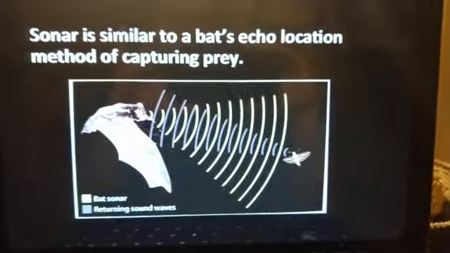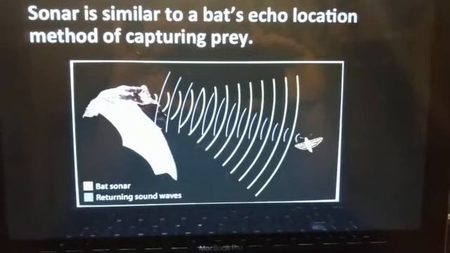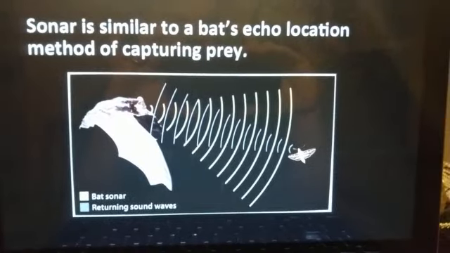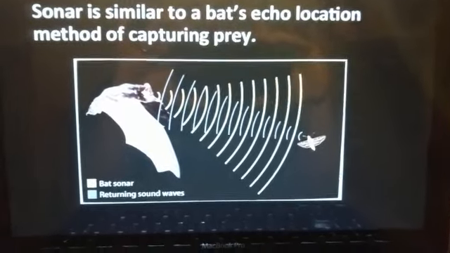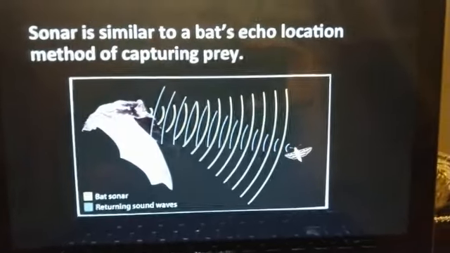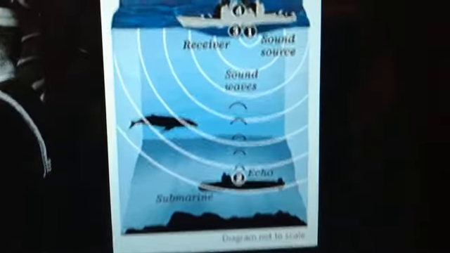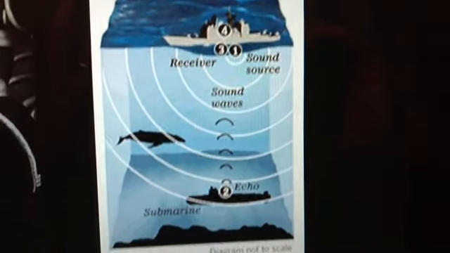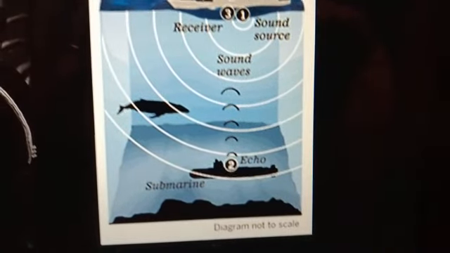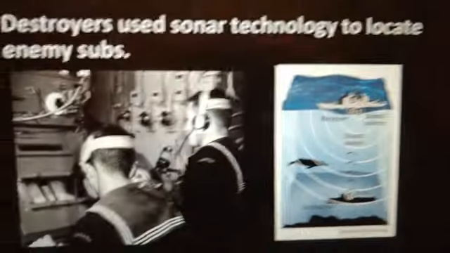Sonar is similar to what a bat uses when it tries to locate something like a flying moth in pitch black darkness. It uses echolocation and it emits a very high pitch, which then bounces off the moth and it's able to locate and capture the moth. This is kind of how they do it in a ship. These ships use the sonar, the sound bounces down to the bottom and can locate a whale, in this case, or an enemy submarine, and they can determine exactly where that submarine is.